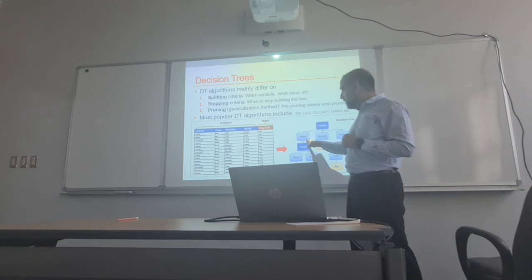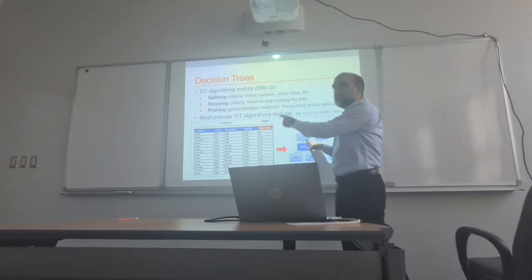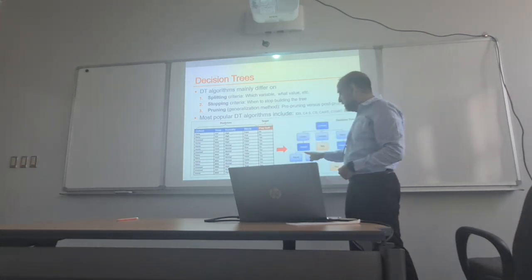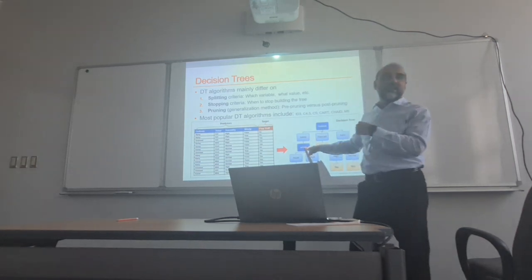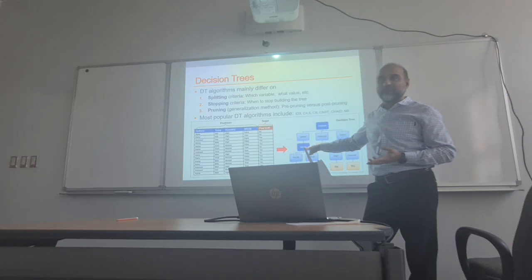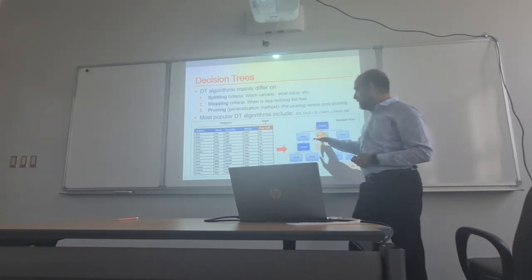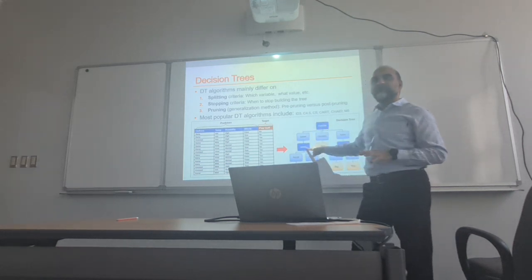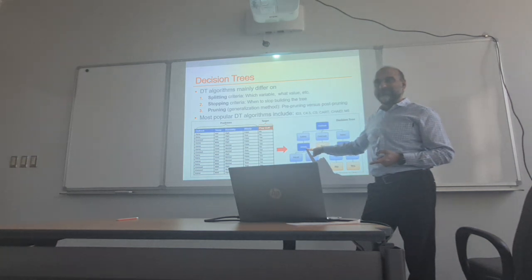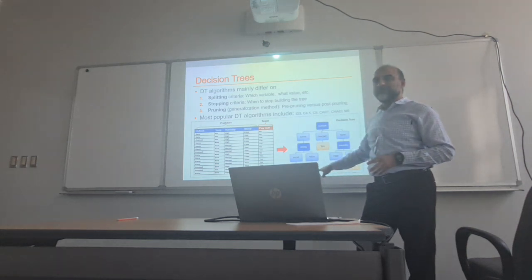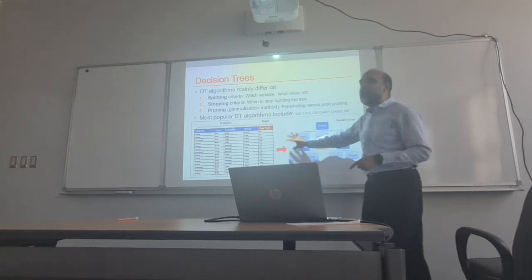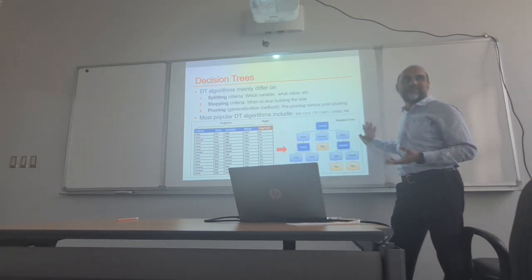So when you see sunny, it picks up all the sunny ones and then sees if any other attribute in relation to that one is playing a part. So apparently, when there is a sunny outlook, windy plays a part. False, true. When there is no wind, you play. When there is wind, you don't play. Can you see how the algorithm works? This is the output of the algorithm. I'm just interpreting its result.